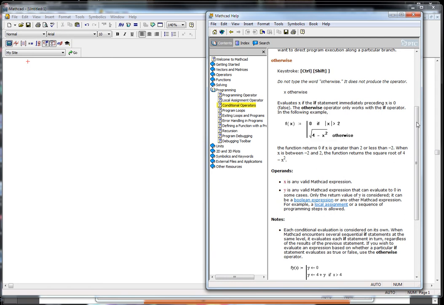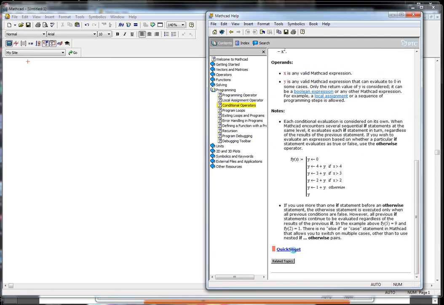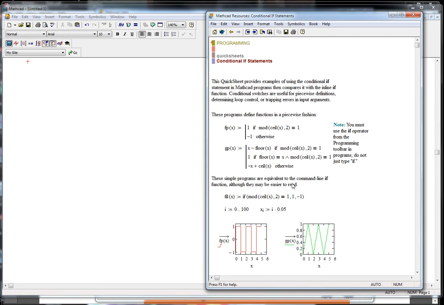And the nice thing here is if I scroll down, I can click on Quick Sheet, which gives you some examples of Mathcad programming. So you can see that here's a square wave right here. So how is that created? Well, based on this function right here,